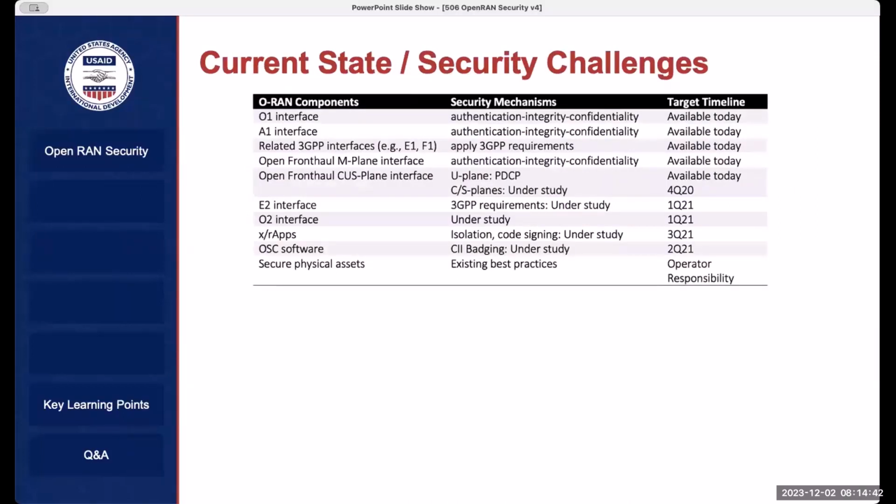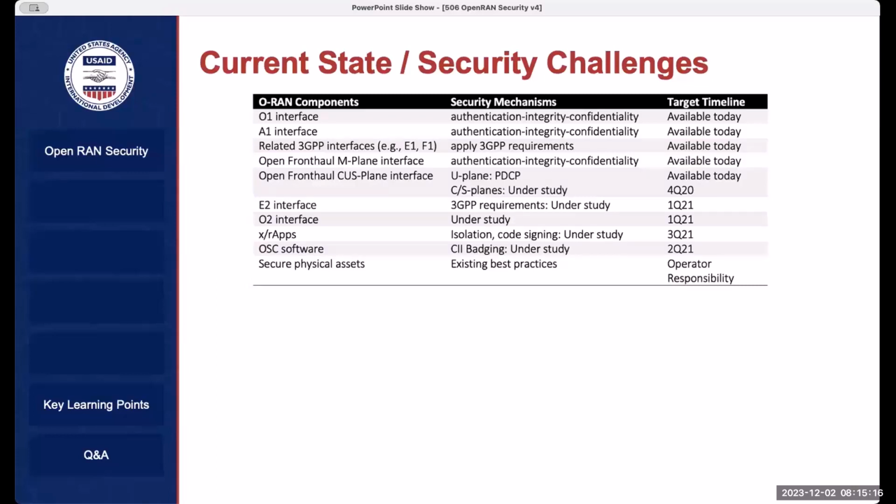So, the current state, again, and security challenges. For O1, A1, any other 3GPP-related interfaces, the open fronthaul interface, and the open fronthaul CUS plane, they are already available. For the others, like E2, O2, xApps, and OSC software, while it says here that they are supposed to be released in 2021, there is already something.